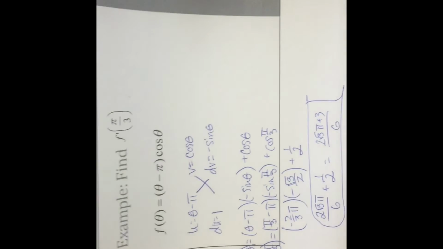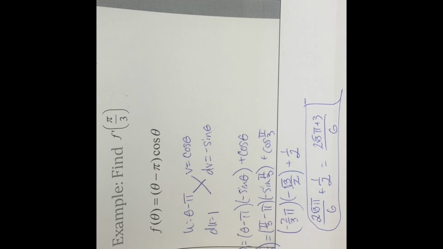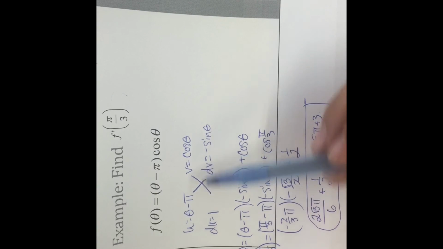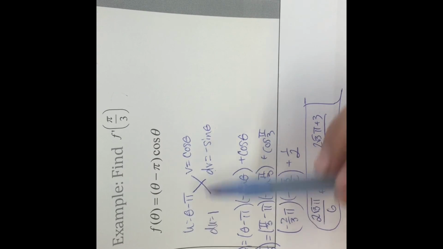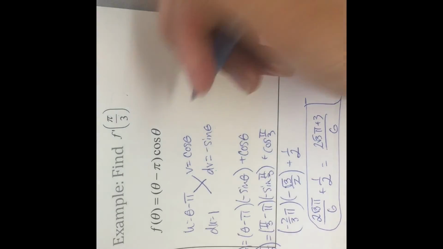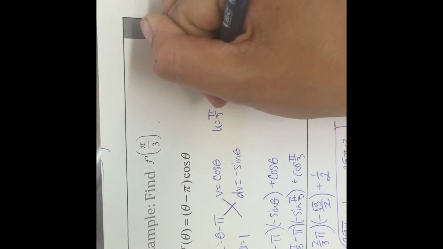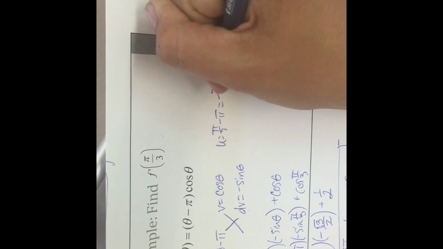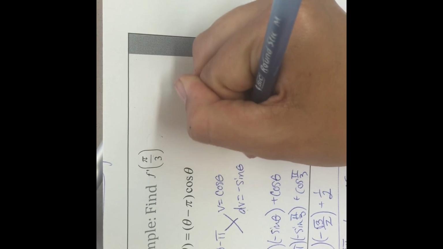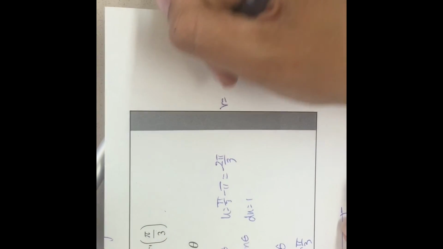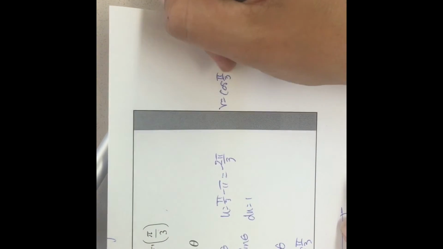Now, I'm going to show you what I consider to be a more efficient way. For this problem, it probably ends up being about the same amount of steps, but sometimes this technique can help you really save time. So you can substitute in when it's in this form right here. So when it's in u, du, v, dv, you can substitute in your pi over 3 right here. So u becomes pi over 3 minus pi, which is negative 2 pi over 3. Du we know is 1, all right? And then I'm going to use this space here. V is cosine of pi over 3, and then you evaluate